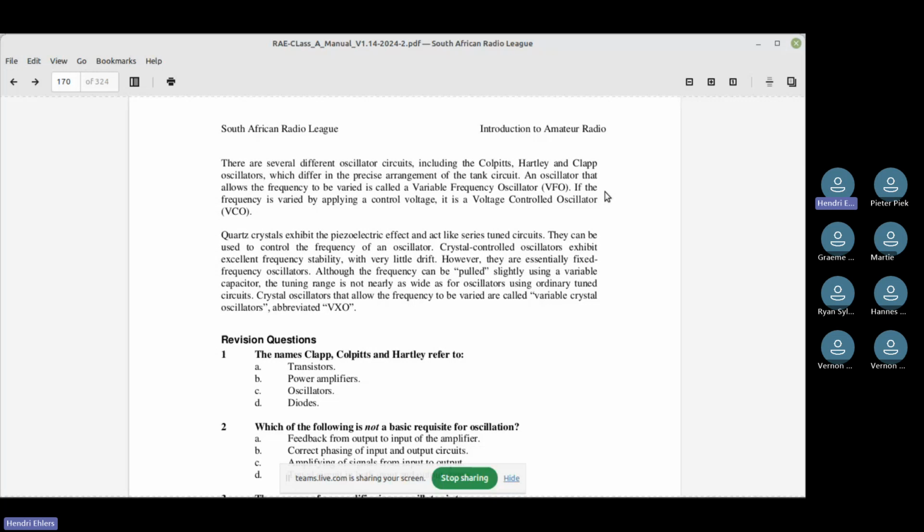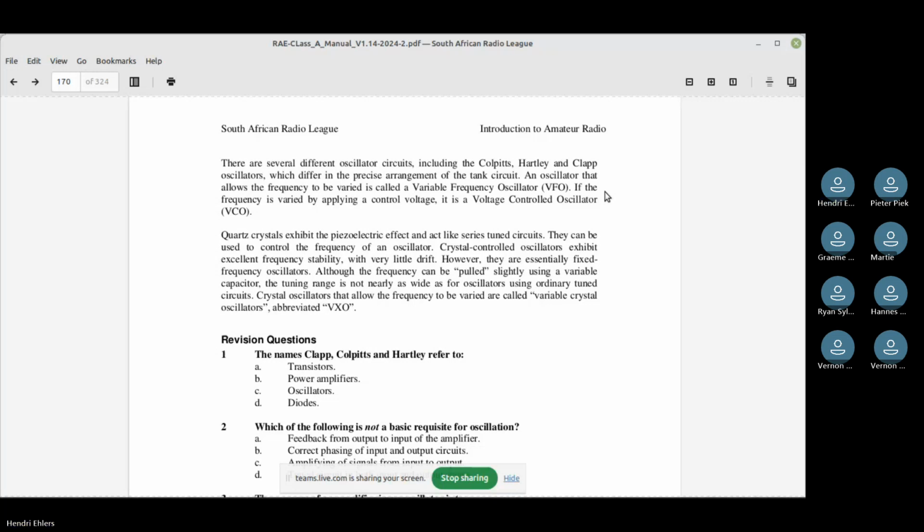That's where it changes shape, and then when you release the voltage, it changes back. They can be used to control the frequency of an oscillator. Crystal controlled oscillators exhibit excellent frequency stability with very little drift.